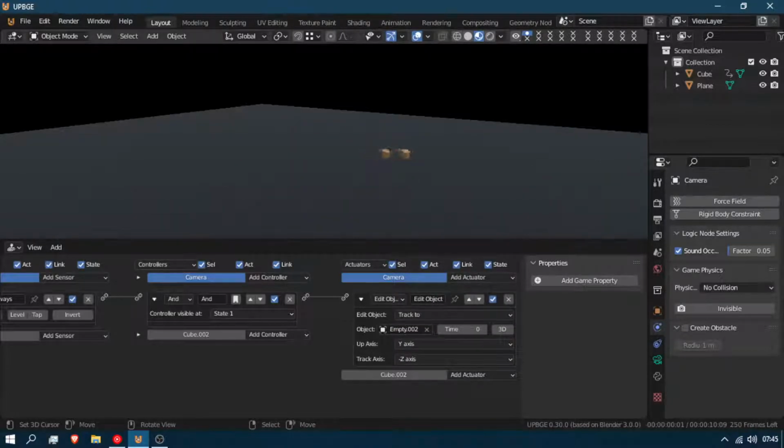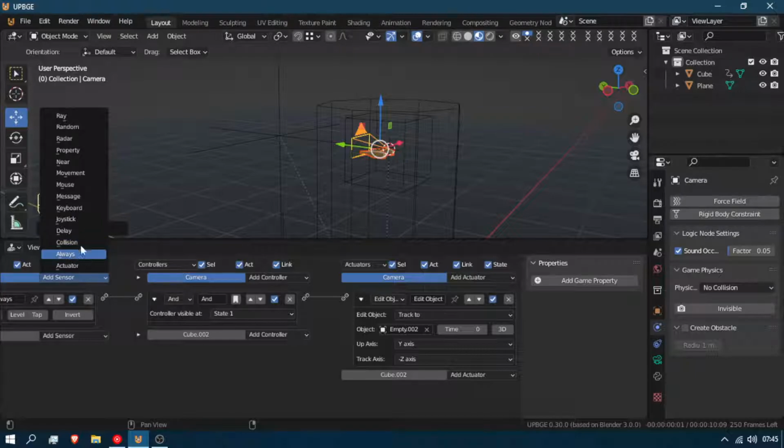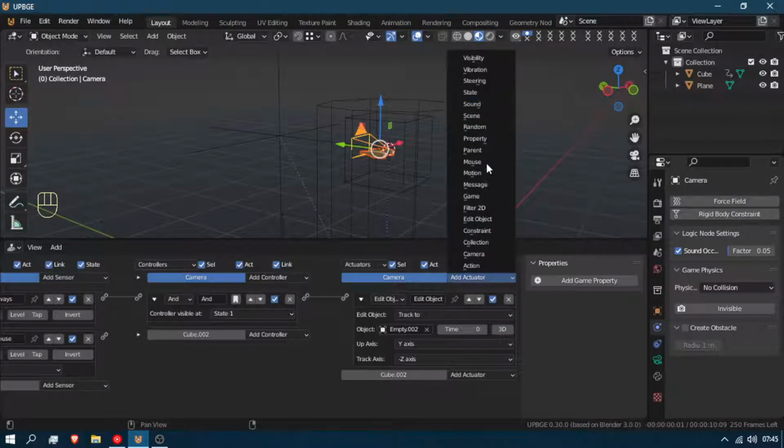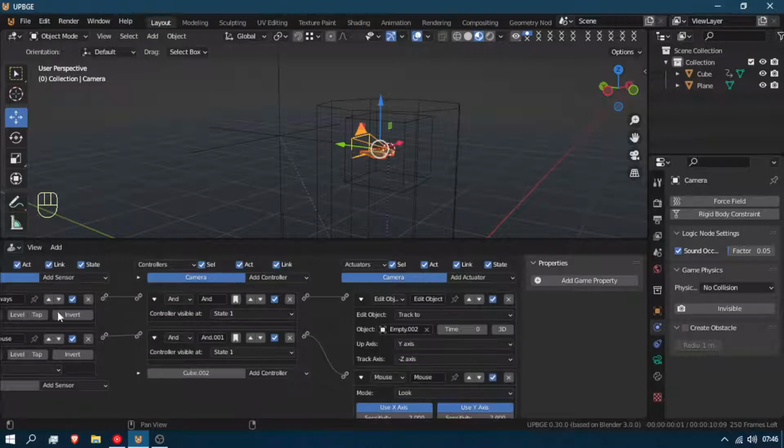There we go. But now I can't look up and down. So that's where the mouse comes in. Mouse, mouse, and movement. Look and movement,